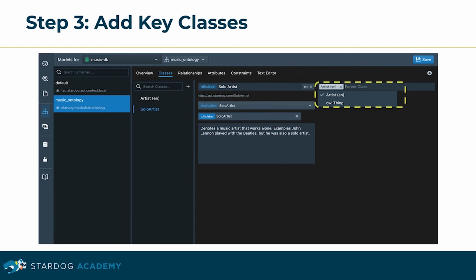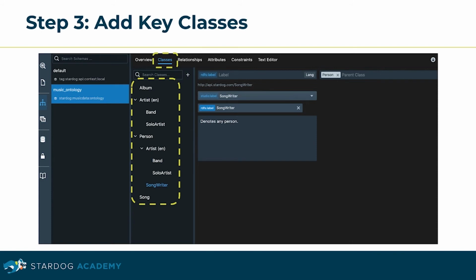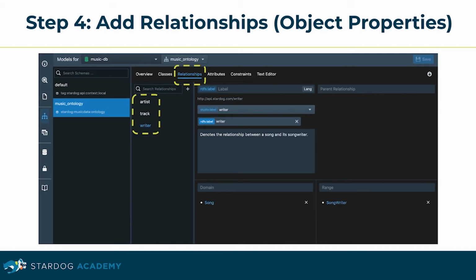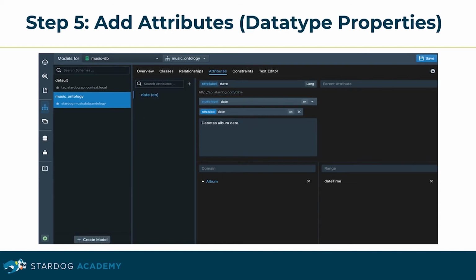In addition, we can add an additional class, solo artist, and we can go on populating all the different classes through the Classes tab of the Stardog Studio Model Editor. The next step would be to start adding relationships. First, we can add some object properties, where we will have to define the domain and range. And we can go further, populating the whole list of properties,